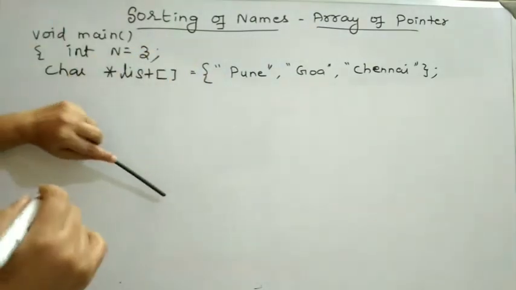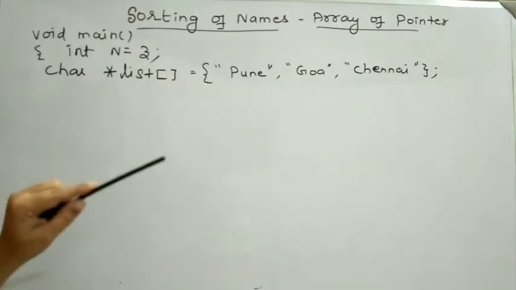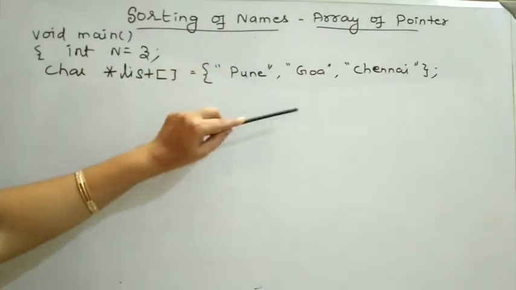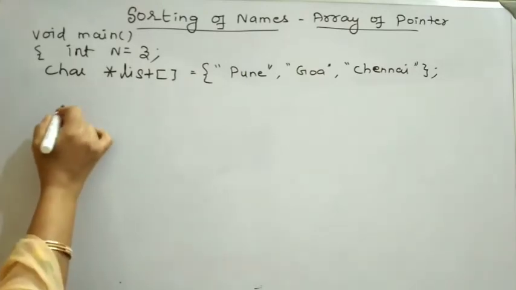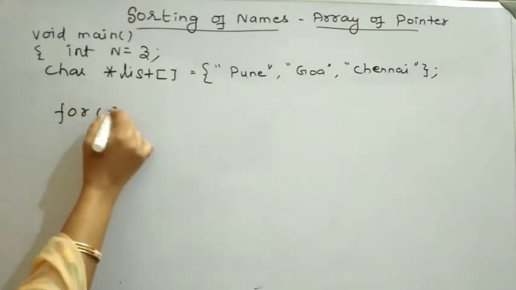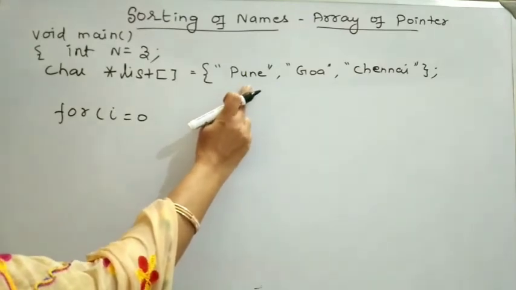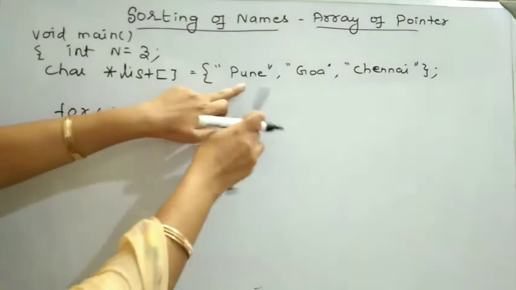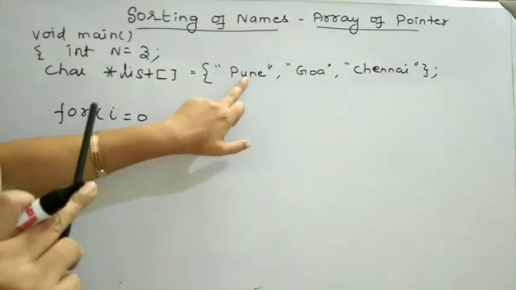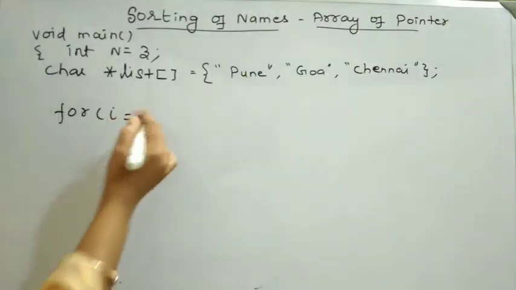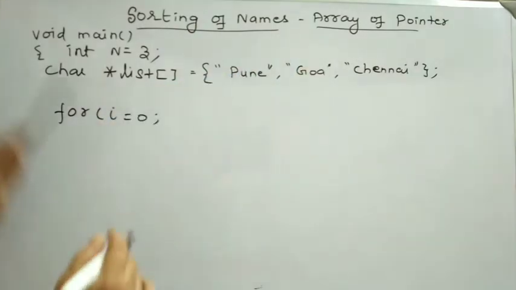So what inbuilt function am I going to use to compare the string values? I am going to use strcmp, string compare. How long do I need to compare, and from where do I start my comparison procedure? That is for i equal to 0. Take an element, a string value. The string value is compared with all the subsequent string values. I need to consider the string value from the first index position, that is 0, and it is compared with all the string values in the subsequent index positions.